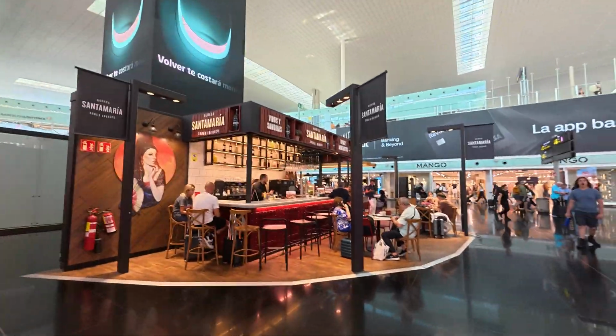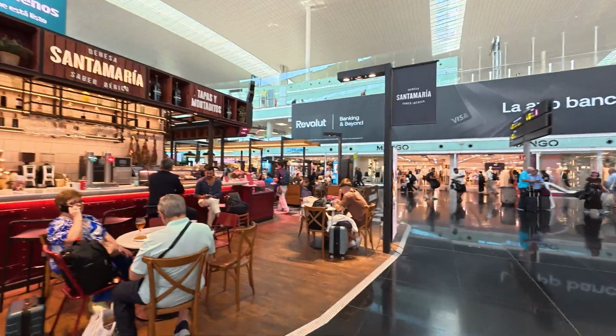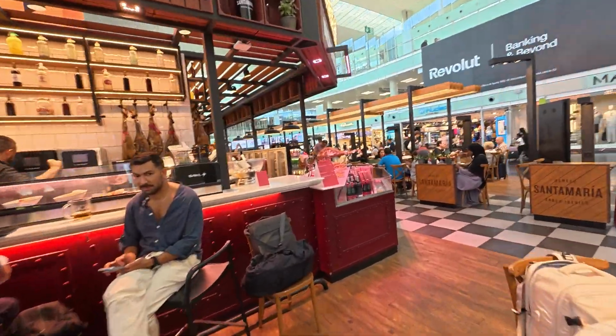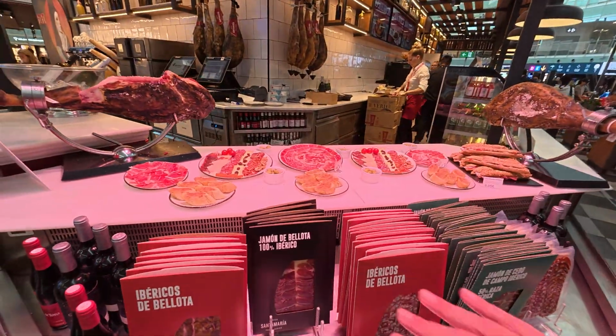Here's a place that I love. It's called Santa Maria, and the Iberico ham, which is very famous around here, is the main specialty. I know they have one here up on a rack. Look how delicious this is. If you've never been to this part of Spain, look how beautiful this is. The ham is all sliced beautifully,